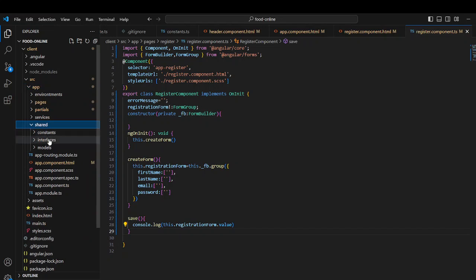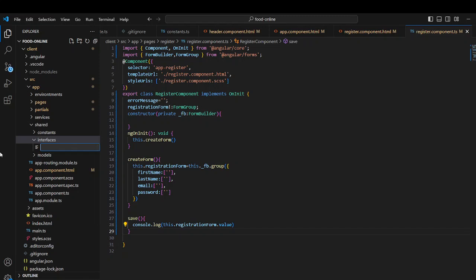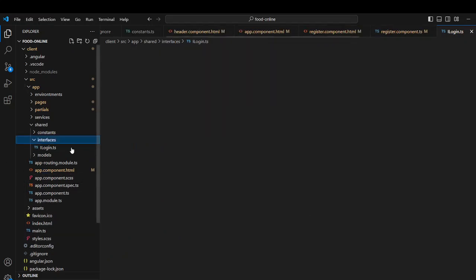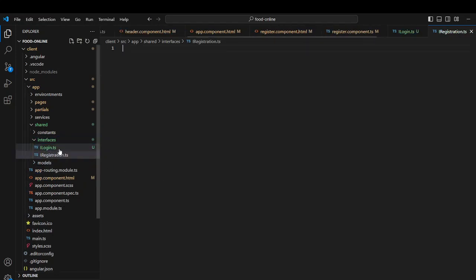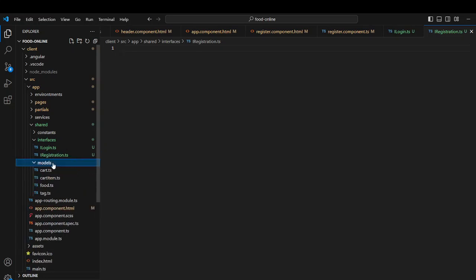Inside the shared folder, you can create ilogin.ts, and one more file, iregistration. Okay, so I have created ilogin and iregistration, and the model we need to have